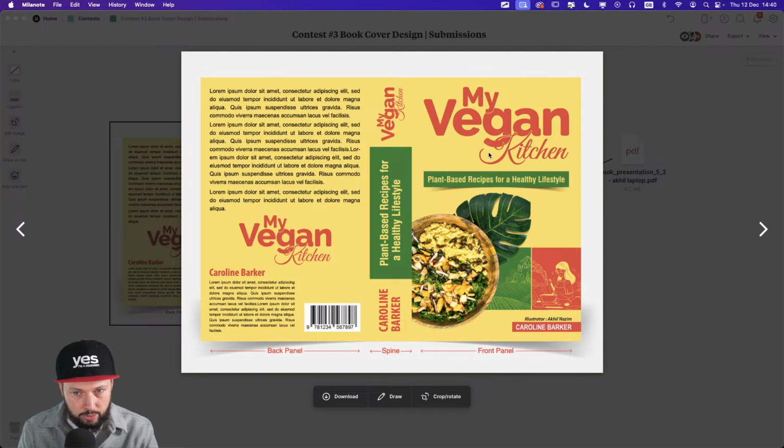I really like the title as well, the way the words are overlapping, and there's even a little integration of the elements of the word kitchen, wrapping around the G, the descender part of the G. But I also like the little illustration here on the right, which is using the same colors that are used throughout the book. So instead of a full color illustration, it's just a limited color palette of yellow, green, and red, which is used